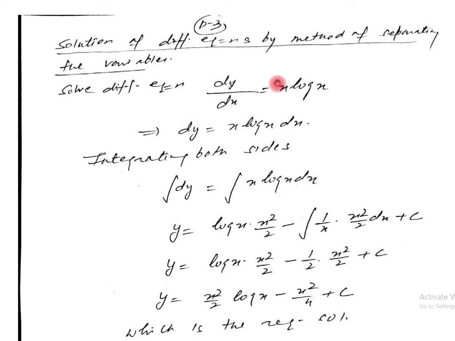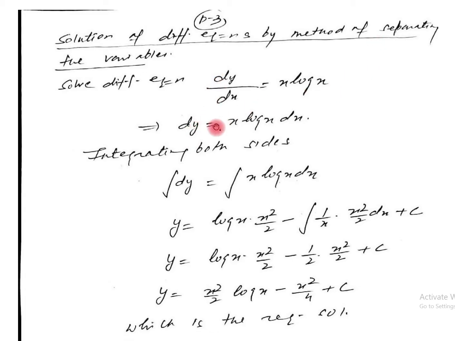Let us see, we have to separate the variables, meaning the x variable on one side and the y variable on the other side. Only if the variables can be separated can we apply this method. Otherwise, if the variables cannot be separated, then this method cannot be applied. Here the variables can easily be separated, y on one side and x on the other side. Now integrating both sides, then it is what?